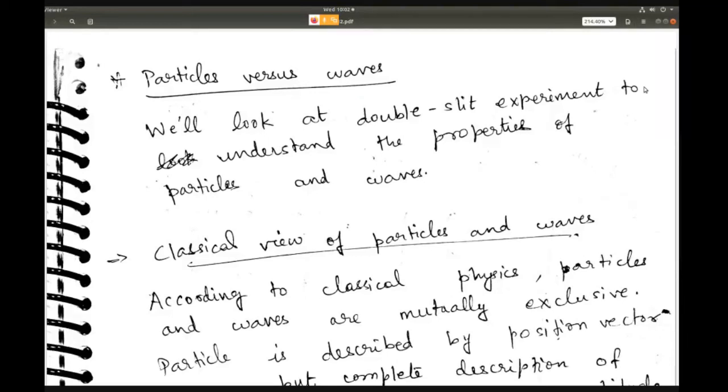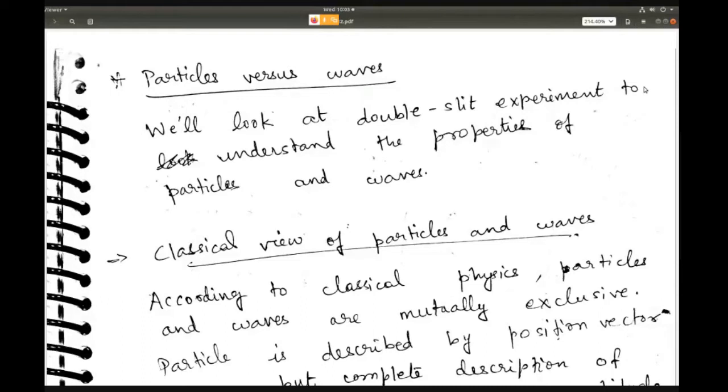So in the last class, what did we talk about? I think we started with the particle or the wave nature of particles, right? So we looked at two experiments, the Davisson and Germer experiment and the Thomson experiment, and we saw that microscopic particles such as electrons show interference patterns or diffraction patterns, right? So this is what we saw.